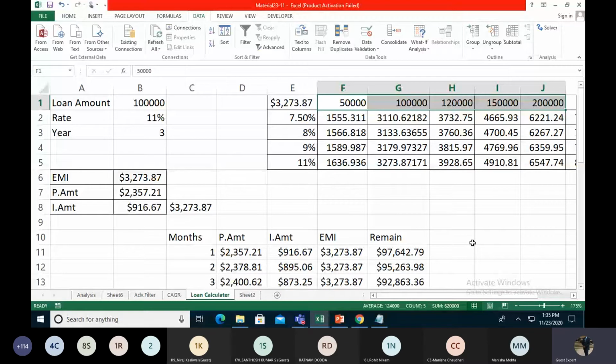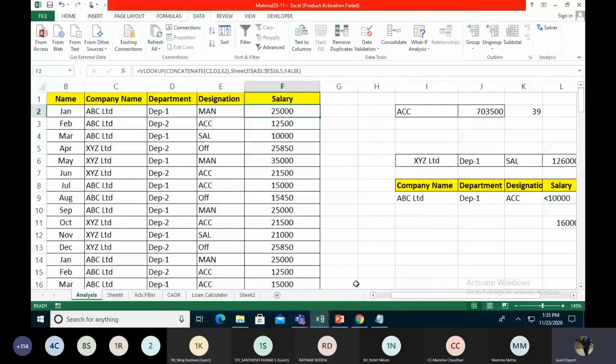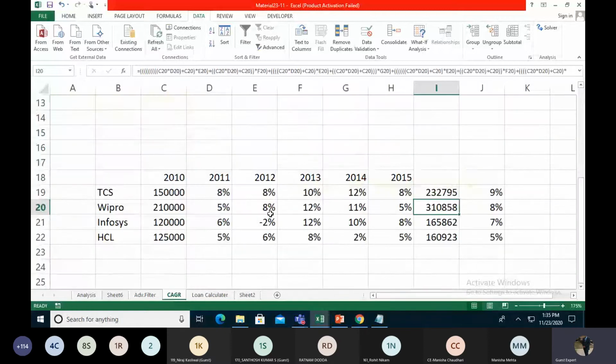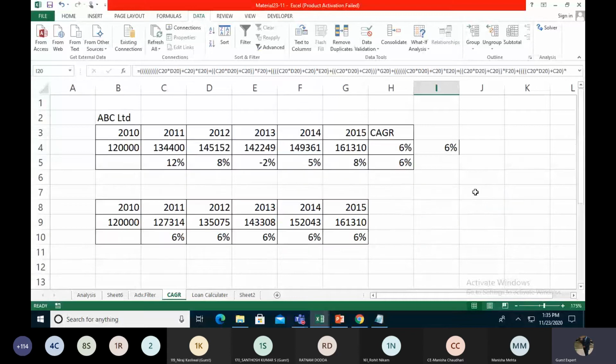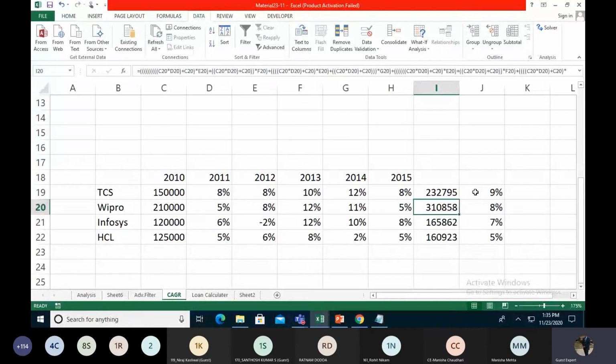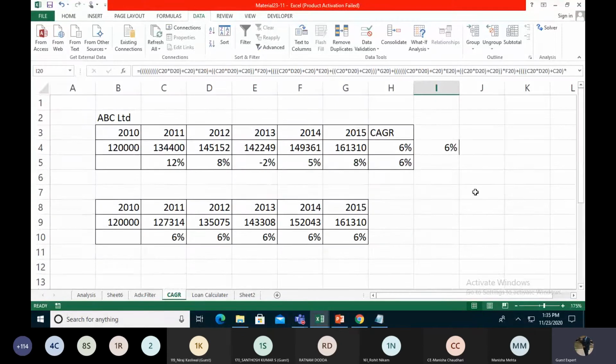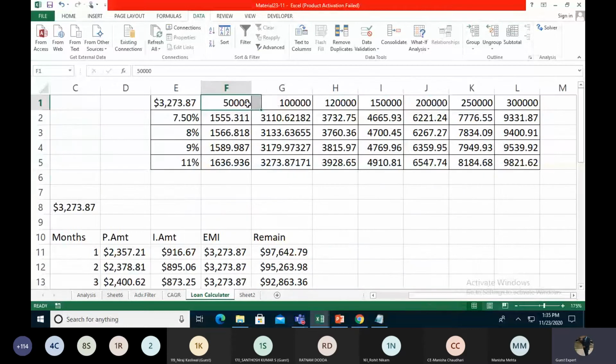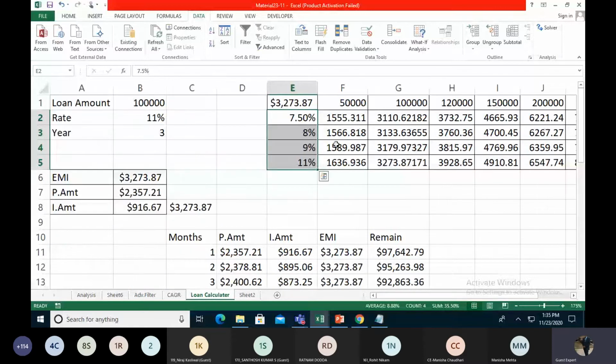First of all, analyzing data like SUMIF, SUMIFS, and SUMPRODUCT functions. Then after, we showed the CAGR function, the compound annual growth rate, and we found out how to make the formulas and why CAGR is different from the data average. And then after, we saw the loan calculations. We made the whole chart of the loan calculation, creating the data table with different loan amounts and different percentages. But the main thing is we are checking only two inputs, like rates and loan amounts.